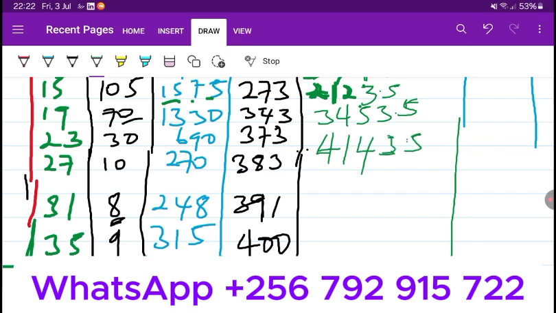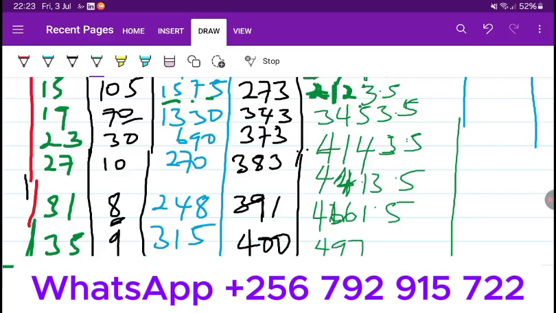4113.5, then plus 270, it gives you 4413.5, then plus 248, that gives you 4661.5, then plus the 315, that gives you a 4976.5. So these